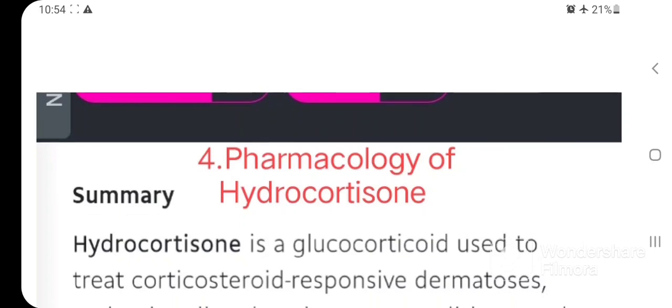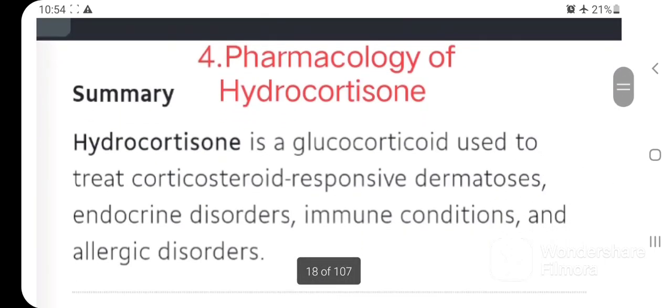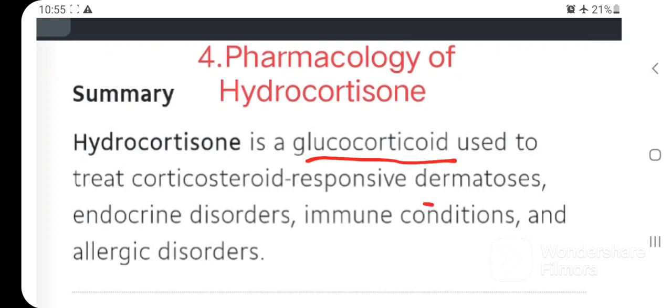Fourth one, pharmacology of hydrocortisone. I have told you, hydrocortisone, what is this? It is a glucocorticoid used to treat corticosteroid-responsive dermatosis, endocrine disorders, immune conditions and allergic disorders. One point I will tell you, remember this one, because while you are working in any type of medical shop,